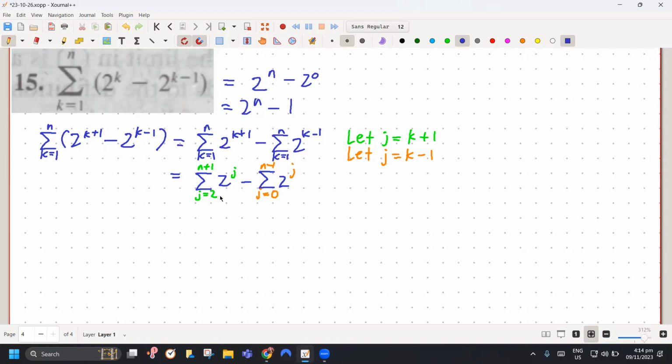Okay, so yan pala po. So, may telescoping doon. Ang gawin mo, ilabas mo yung mga terms na hindi in common. So, yung first sum ay j equals 2 to n minus 1 plus